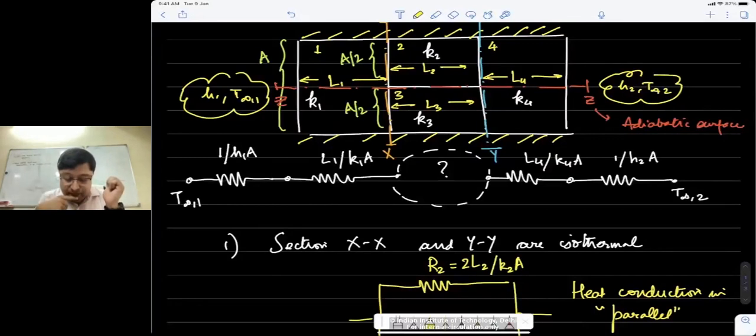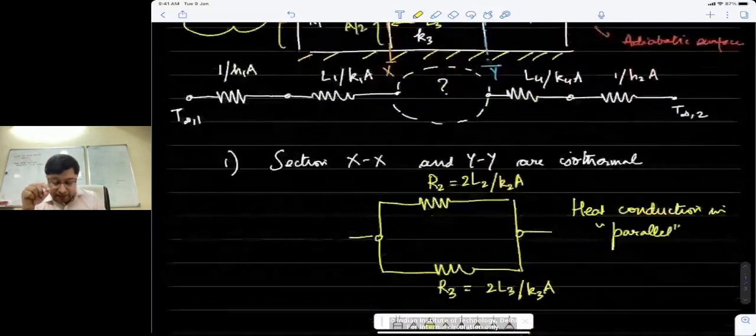But sir, if we are in steady state, then the temperature variation across any material will be linear with distance. So if the distance is the same for both the slabs and the two surfaces X and Y are isothermal, then at any cross section won't they have the same temperature? Why do we need to assume that? No, no, no. They would not.